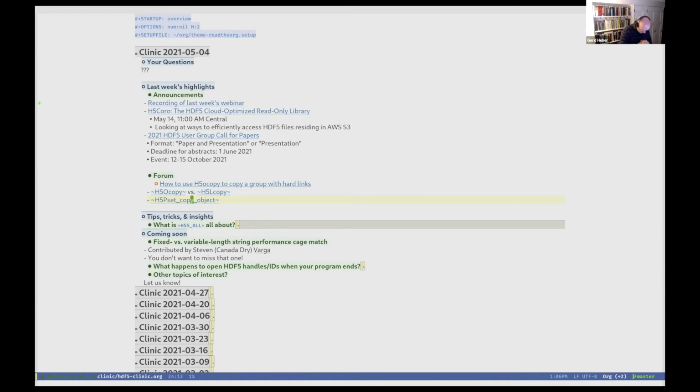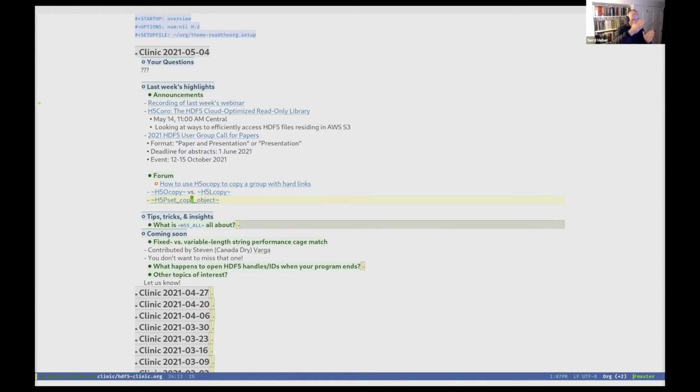But I just asked that user, and the user is helpful in the sense that he posted an HDFView screenshot with his post, but unfortunately it's easy to be fooled by what HDFView shows you, because especially when it comes to links, as we all know, it is possible that a given object can be linked multiple times under different names from the same group or under the same name in different groups.